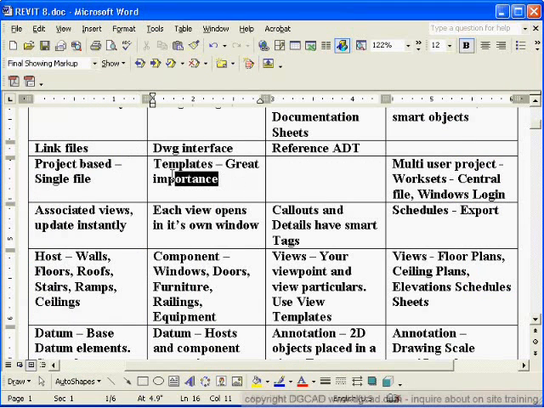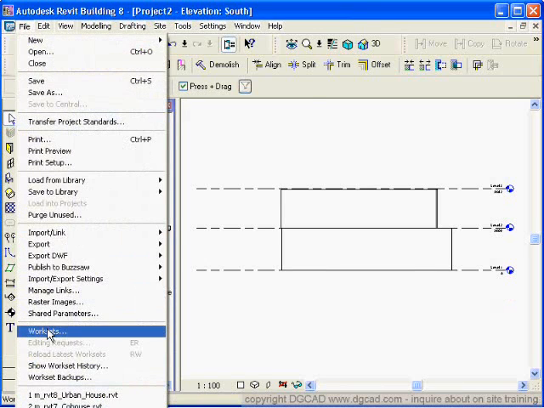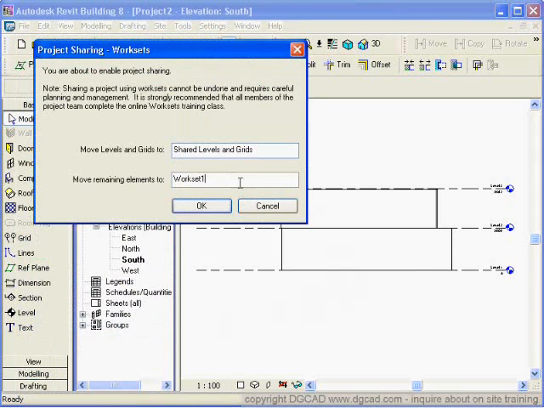So template files will have the base information and views set up for us, and if we were in a multi-user environment, we would go File and down here to Work Sets, and we could say, okay, we're going to make some work sets. It's going to automatically create the level and grid work sets, which are shared work sets. Generally they're always shared because of course they're your levels and your grids, and then everything else gets